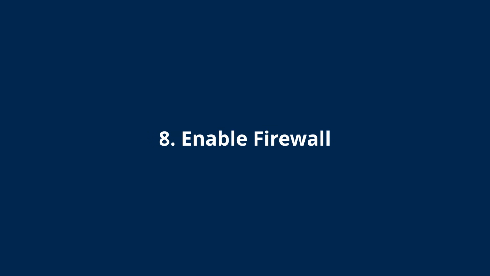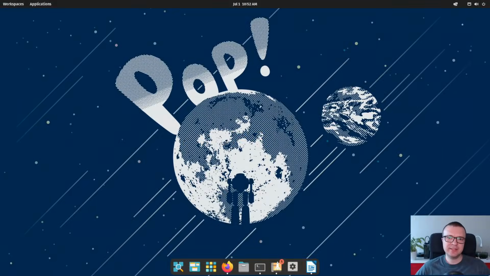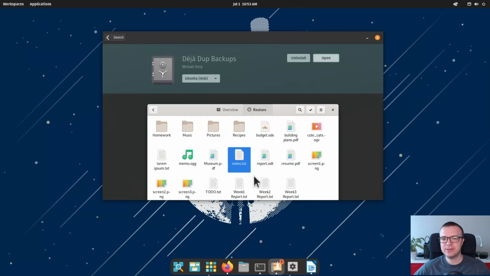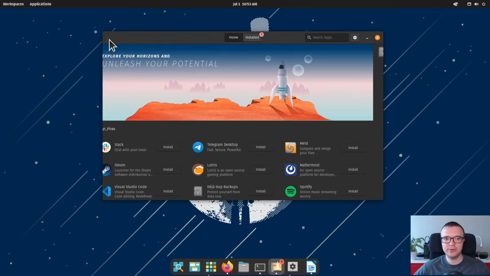Enable firewall. Also, enabling firewall in Linux system is not an essential thing to do, but it can add extra layer of security on your system, and that's why I recommend you to enable it. As I always say, it's better to be safe than sorry. You can use the command line tool to enable it, but you can also install a graphical program, which is a bit more user-friendly for most new users.